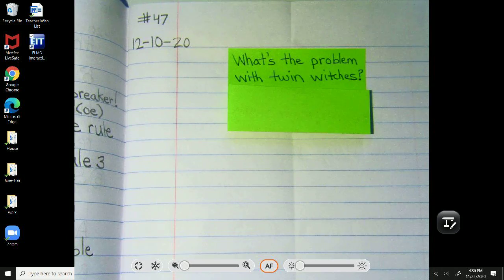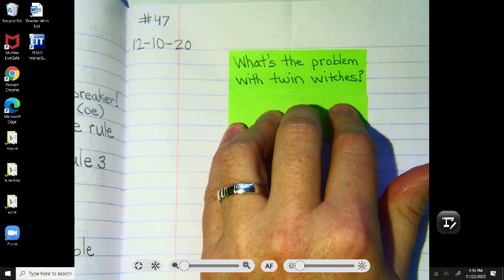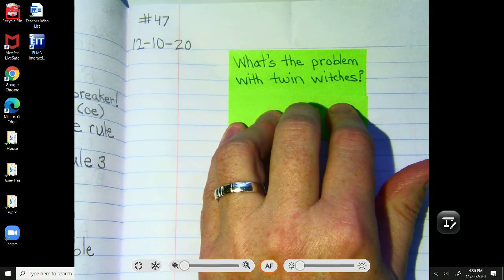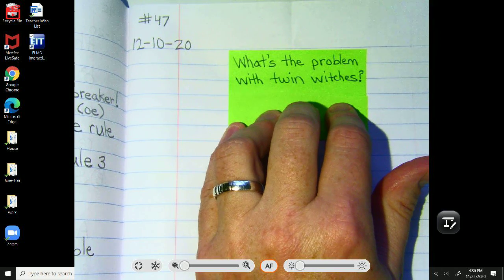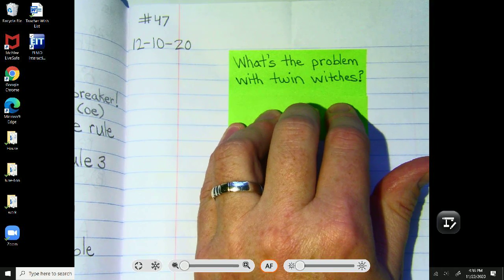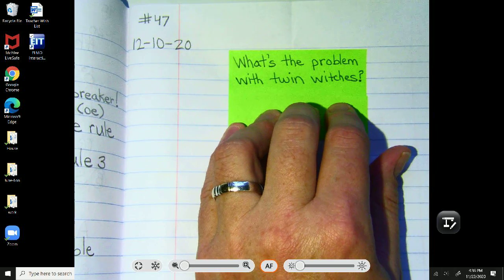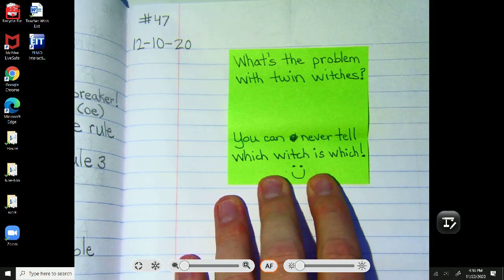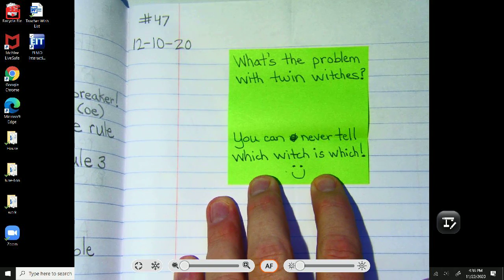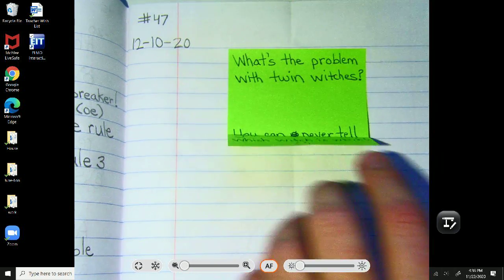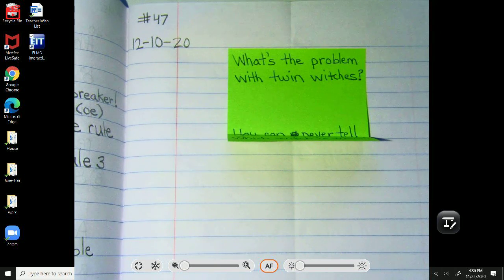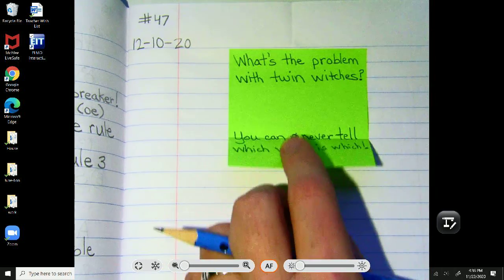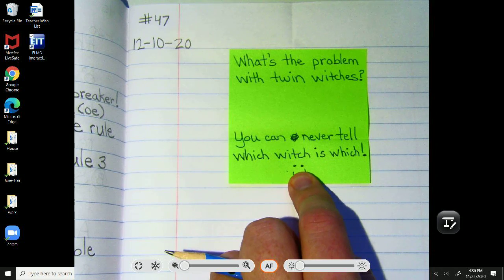We are going to start today's lesson with a question. What's the problem with twin witches? You can never tell which witch is which. Ba-dum-bum. Now you might be thinking, Mr. Long, why in the world are you telling us a joke about witches on the 10th of December? That's not even near Halloween. You're right. It's not. But what it